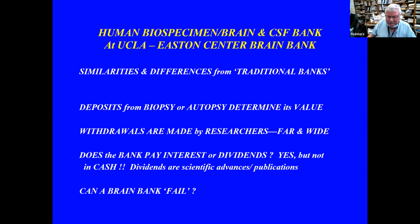So the question is, does the bank pay interest or dividends? Yes, it does, but those aren't in cash. The dividends and the interest are scientific advances and publications. So there have literally been hundreds of publications that have resulted and continue to result from materials that we've provided to basic researchers and translational researchers. So the dividends are not money, but they are scientific advances which are disseminated throughout the world and useful to other